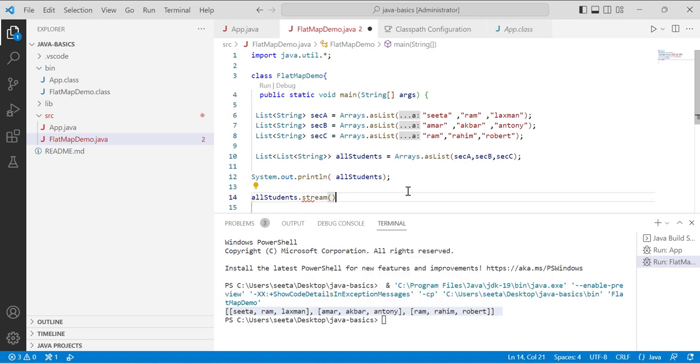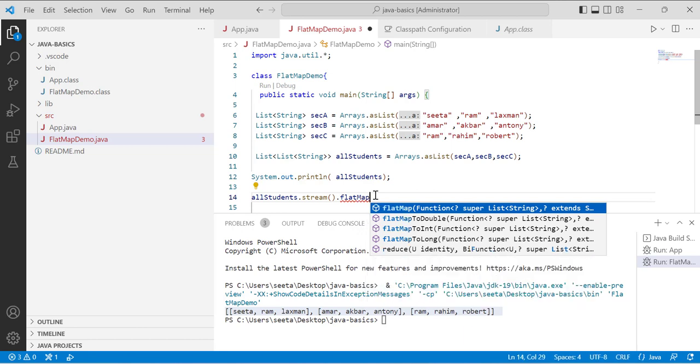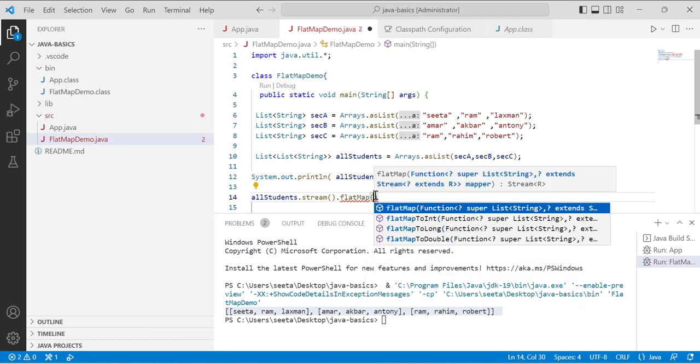So stream dot, we can use flatMap. FlatMap will take a function and it will combine all the elements from the list. So flatMap will take a list as an argument. So flatMap, for each item,